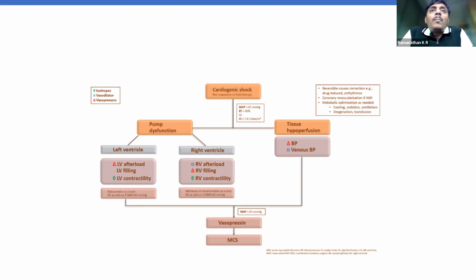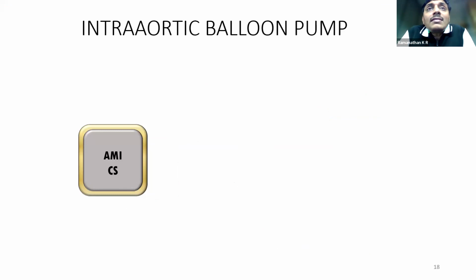However, as I said earlier, the moment you move towards the progressive stage of shock, where your patient starts moving from stage C to stage D, where your inotropes start increasing and the need for mechanical cardiac support comes in, the decision to do that, of course, in tertiary and quaternary cardiac centers, they have clear written algorithms based on right heart catheterization to decide on the kind of advanced cardiac support.